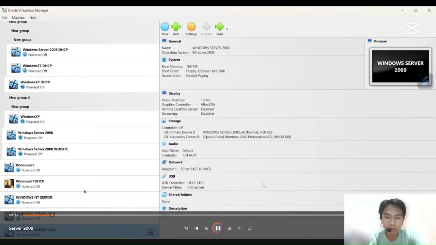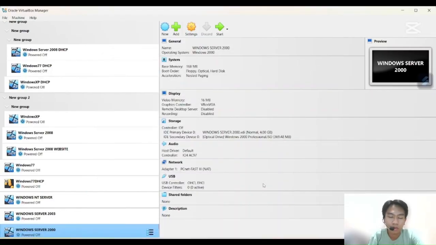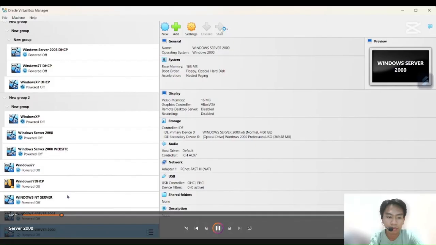Just add it into the file of ISO, then start.